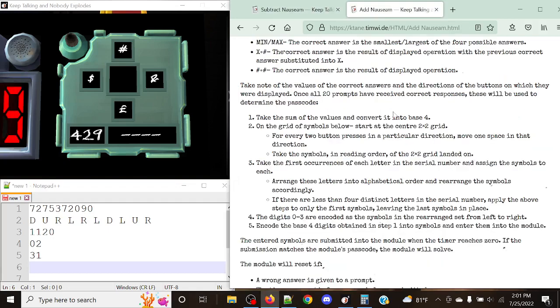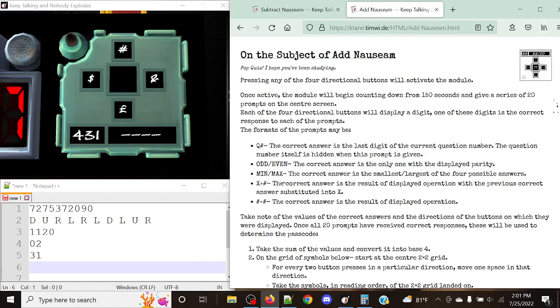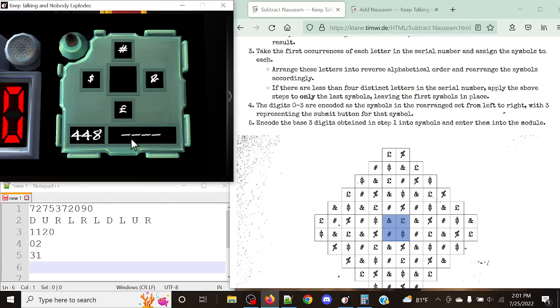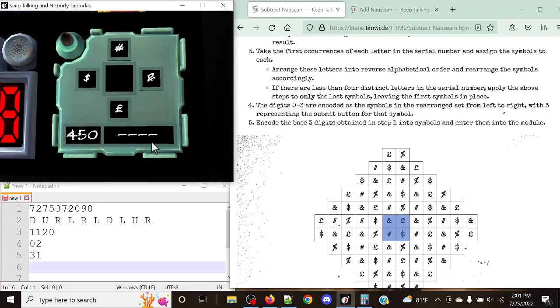With ad nauseam, you would have a timer, and once the timer ended, the timer would essentially be the submission for that module. That's why it's in base 4. However, with this, the 3 represents the submit button for that symbol. So that's how you actually submit this module, because it's not as simple as just submitting an answer